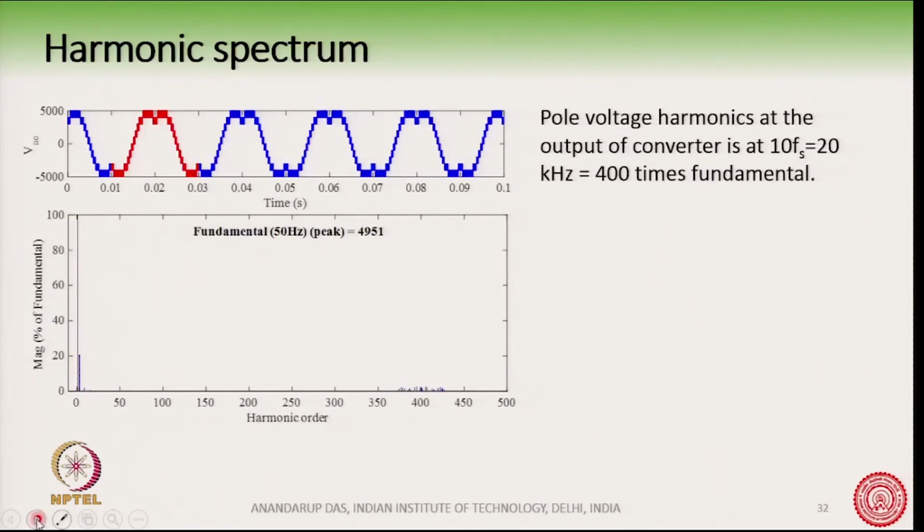Now, when we see the output of the 5 cells together, it is like this. This is the pole voltage harmonics. Interestingly, this has the third harmonic same as before, and the fundamental 50 hertz peak is now 4951, which is almost 5 times the 990 volts which we had in the last slide. So, the fundamental is increased 5 times. The third harmonics again get added up; third, 9th, 15th are all present,